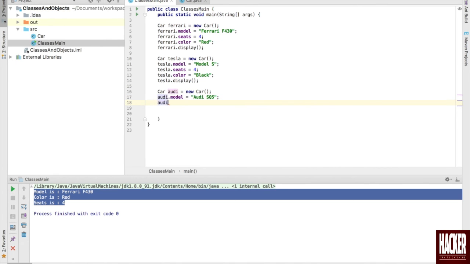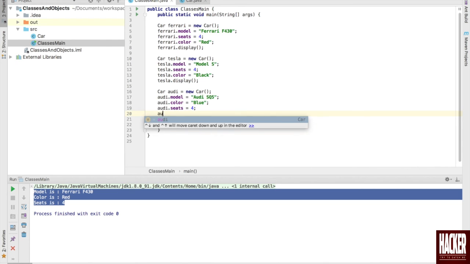I'll assign the color a value called blue, let's say it's a blue car. Audi dot seats 4, okay, and I'll display whatever we have assigned, okay. Now I'll run this program.